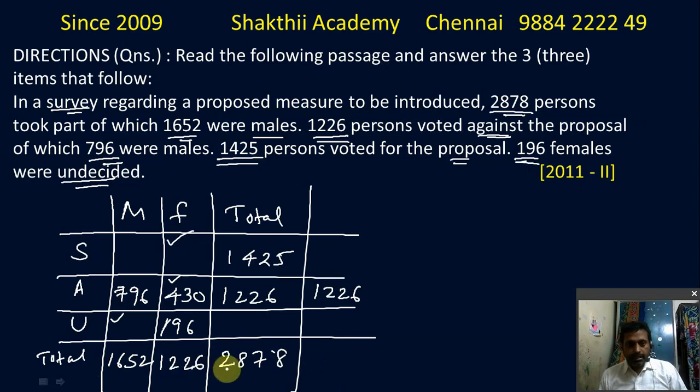And now when I subtract 1200 and 1400 from 2800, it comes to 2600. So the remaining is 200. And in this 78, when I subtract 26 and 25, that will be 51. When I subtract the 51 from 78, I'll get 27. So 200 is outside, so 227. Simply what I mean to say is 2878 minus 1226 minus 1425. When you subtract, you will get 227. That's it.